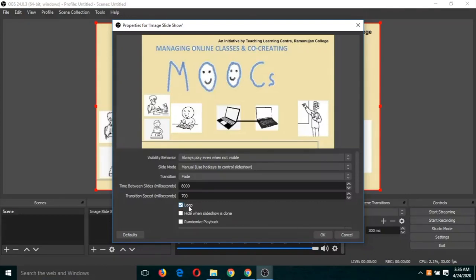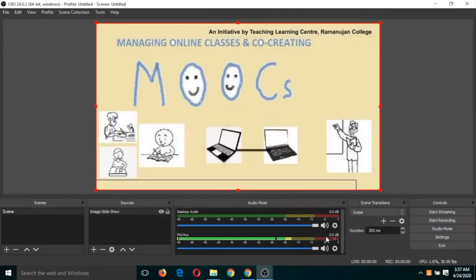If you want the slideshow to begin again after the last slide, then you can click on this checkbox. Otherwise you can deselect it if you don't want it to be in a loop. So click on OK. Now you can see the slide is not moving, so we will have to assign hotkeys